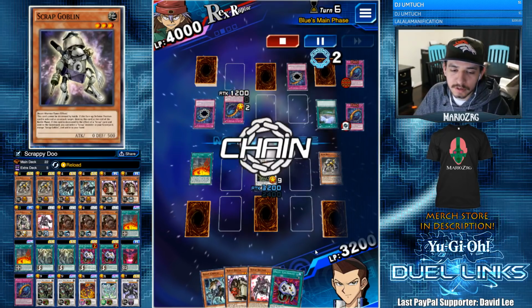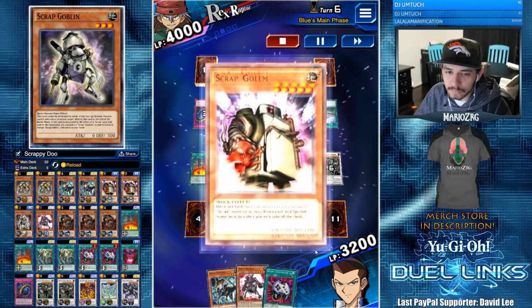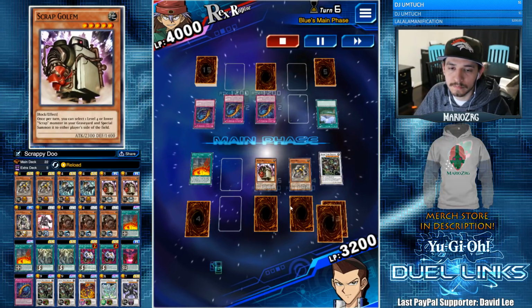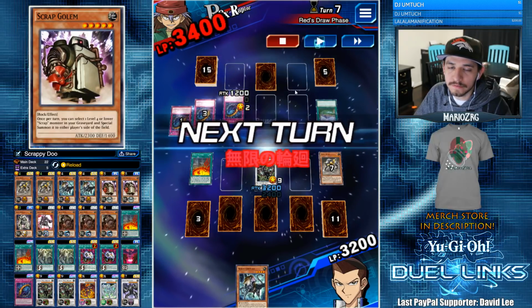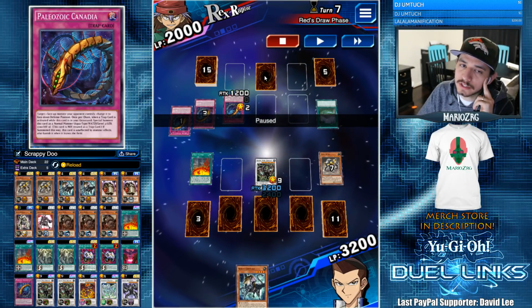Canadian number 3, which is a little annoying, but I still have my normal summon. So I'm actually gonna tribute the Scrap Golem for my second Golem. Synchro into Scrap Twin Dragon. And I could have... The reason why I did this instead of attacking both Canadians is because there was no